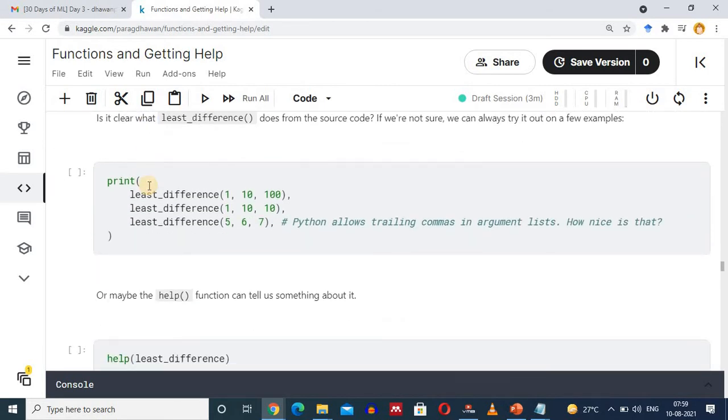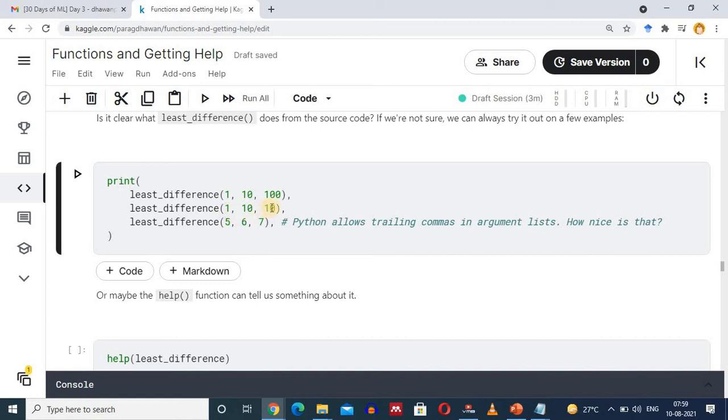Now we are calling the function. Inside the print statement, we have called the least_difference function, passing parameters 1, 10, 100. The least difference is 10 minus 1, which is 9. Comma, we are again calling the least_difference function with 1, 10, 10.